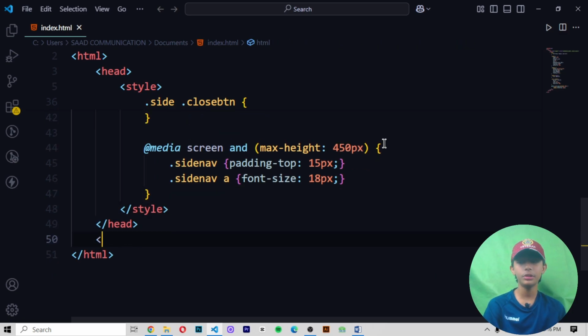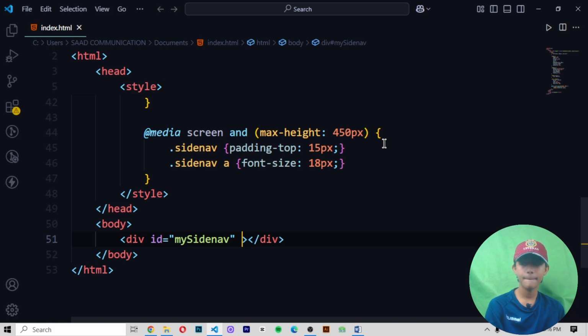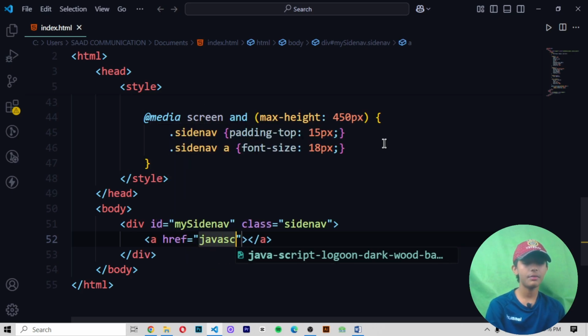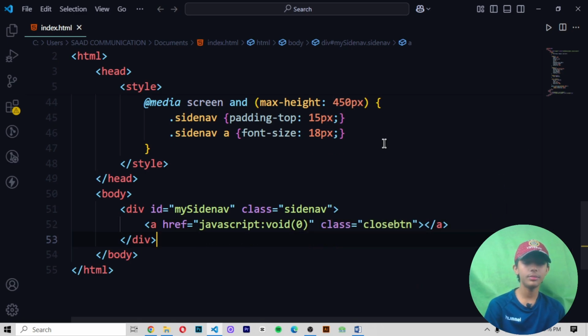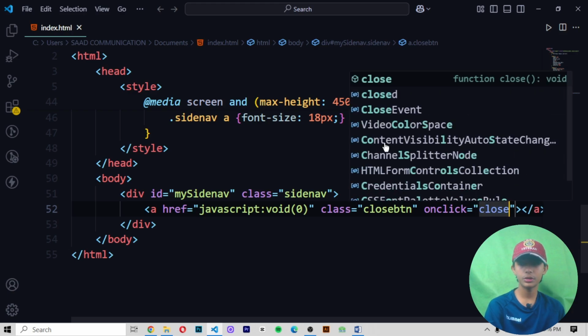You only want to write the body element here. In it we write all the HTML code, like a div with id my side nav, class sidenav, then an a href javascript:void(0), class closebtn.